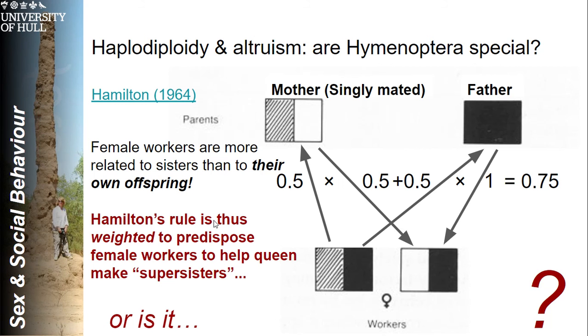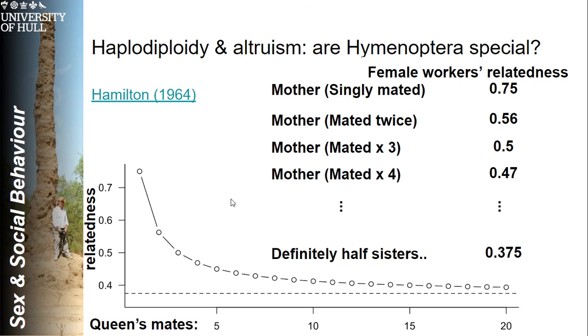So I'm going to add a qualification here. This is a singly mated mother. This is one reason why this is not true. If you have a singly mated mother, then all of this is true, potentially. If you know that your father is also the father of the sister that you're trying to help, then your relatedness is 0.75. But if you assume that the mother is not quite so faithful, then if she's mated twice,